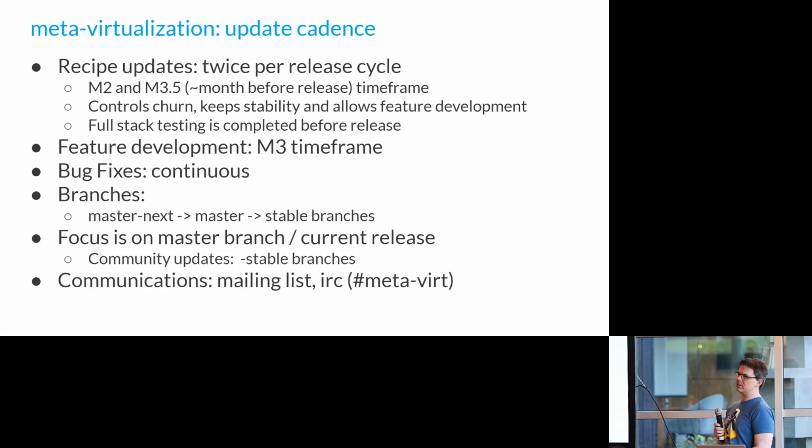Due to the other things I have to do, both for my employer and for the project, I focus on the master branch almost exclusively, the current release. If people need updates to the packages in the stable branches, then they should definitely nominate them and I'll merge them without question. But I don't have time to go back and do all the stable bumps to all the recipes that are in the releases.